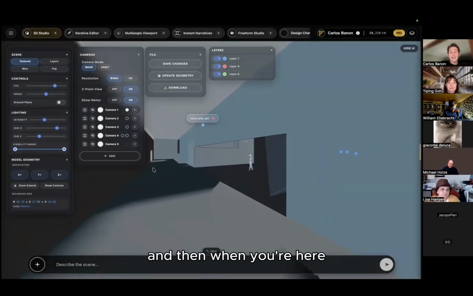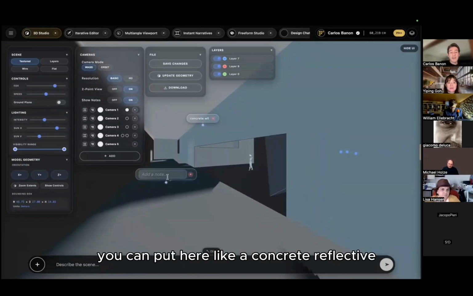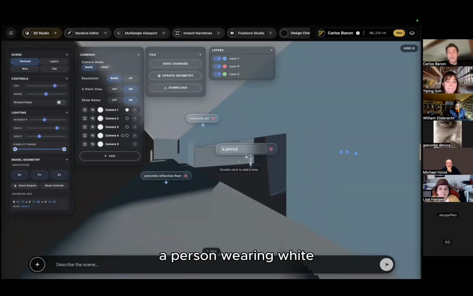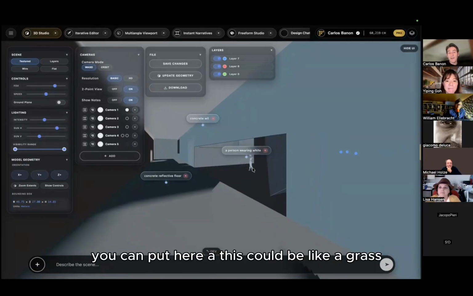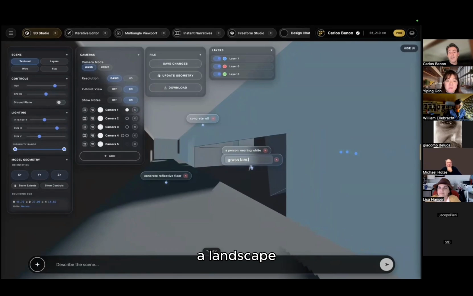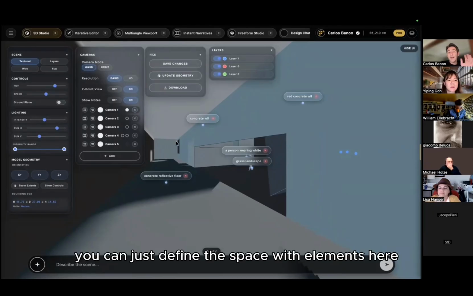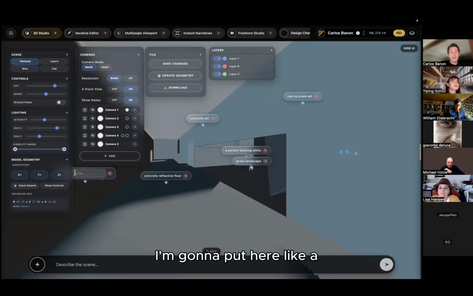And then when you're here, you can add nodes. You can put here a concrete reflective floor. You can put here a person wearing white. This could be grass, landscape. And here you can put a red concrete wall. You can just define the space with elements here. I'm going to put here a little